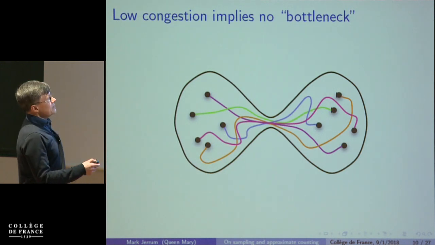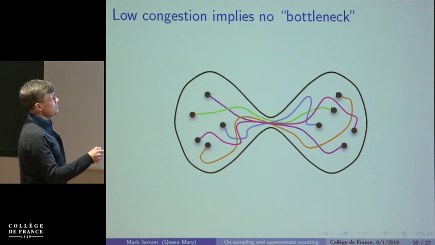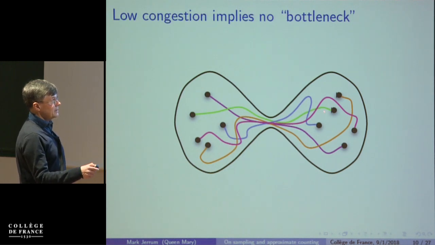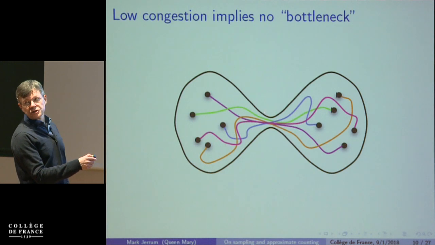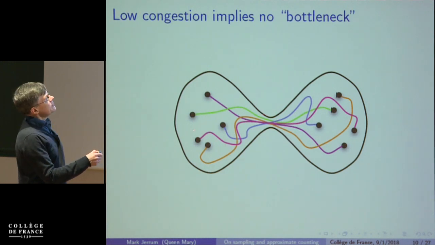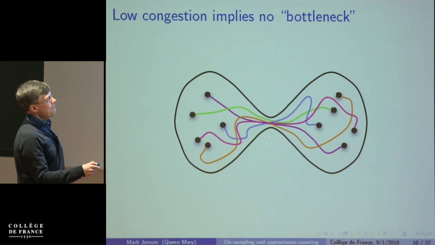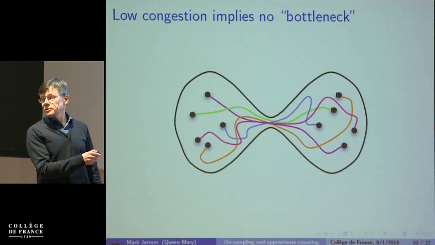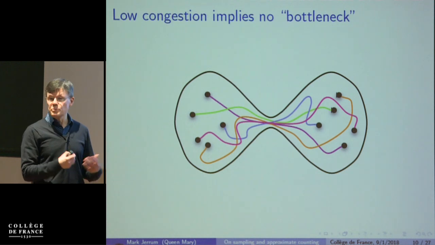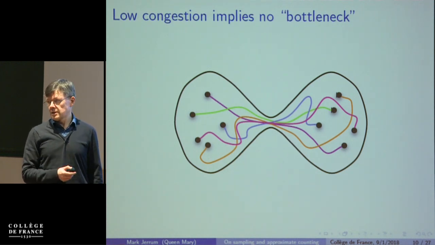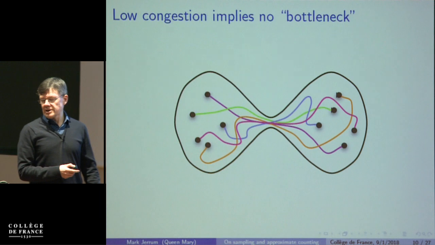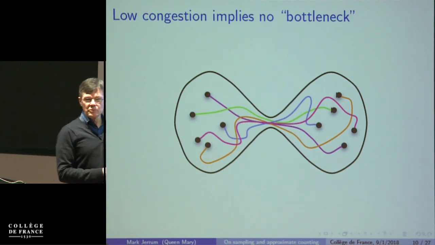And it also means, if you think about trying to get flow from the states on this side through the canonical paths to the states on this side, there's going to be immense congestion here. So if there's a constriction in the state space, then that parameter rho that we had on the previous slide will be large. But the more interesting direction for us is the opposite, which is harder.